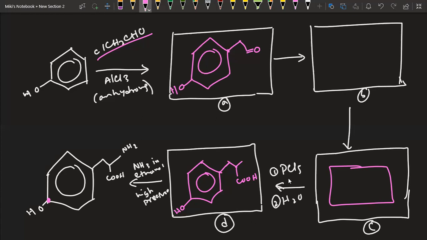See here, initially we have PCl5, and if there was a halogen, now in our halogen chapter we have learned, from AS, if you go back to the halogenoalkane reaction, when we add ammonia in alcohol or ethanol, this halogen is substituted by NH2. So this is actually a nucleophilic substitution reaction, which is a characteristic reaction of